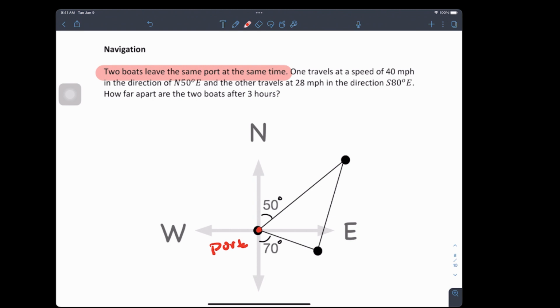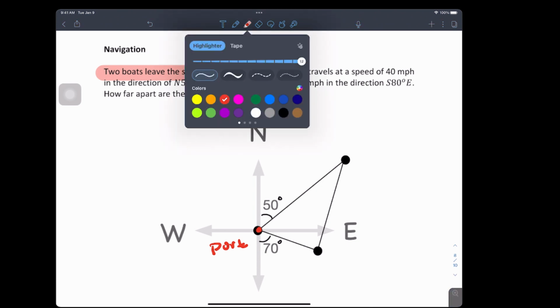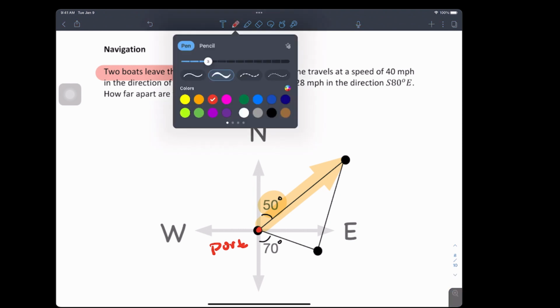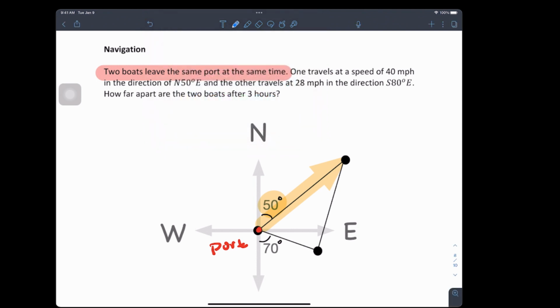Now, one travels at a speed of 40 miles per hour in the direction of north 50 degrees east. If I said to you, what boat is that, north 50 east? Well, this is what they're talking about. Let's do a little arrow here. How we read this is in relation to that first boat, north 50 degrees east. I'm going to call that A,